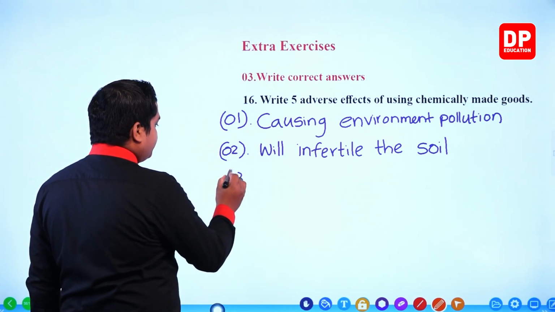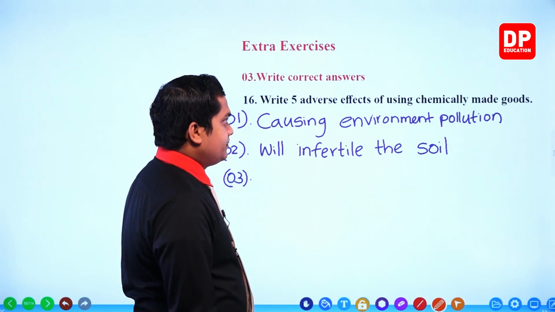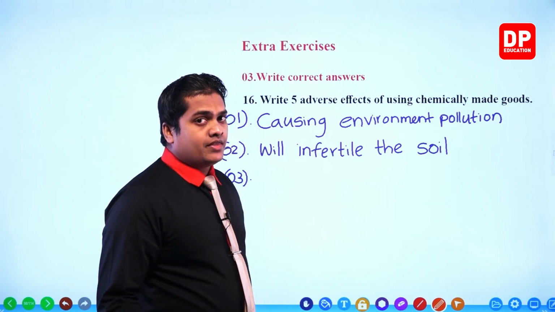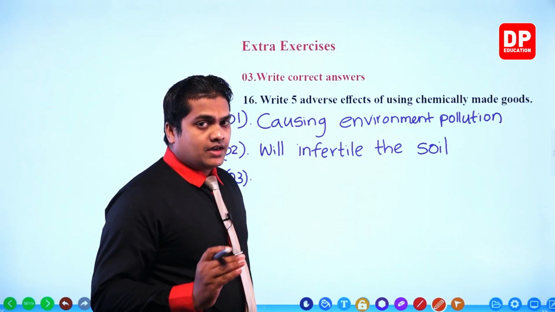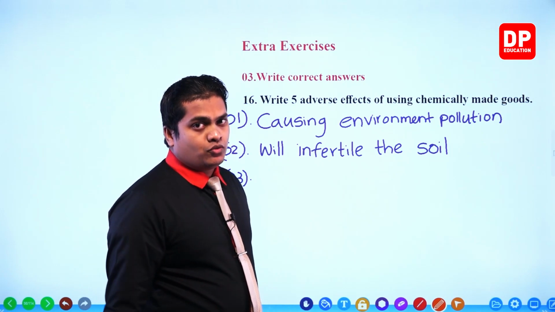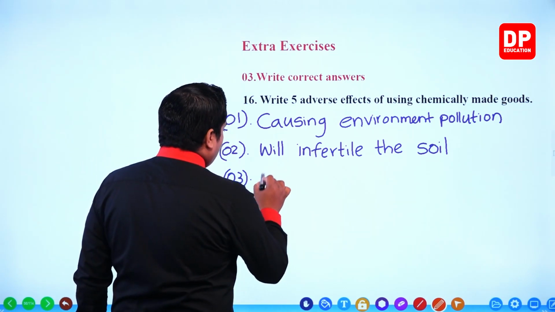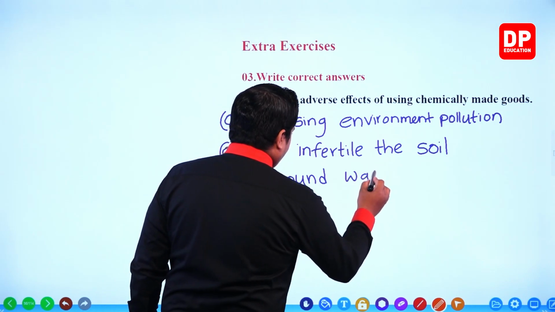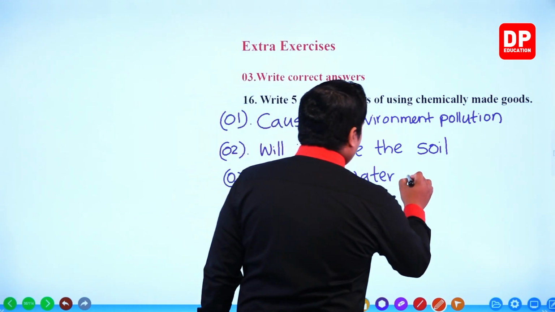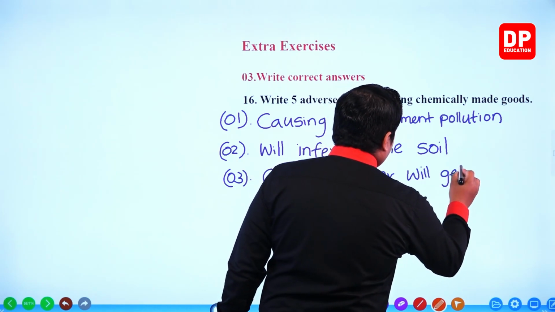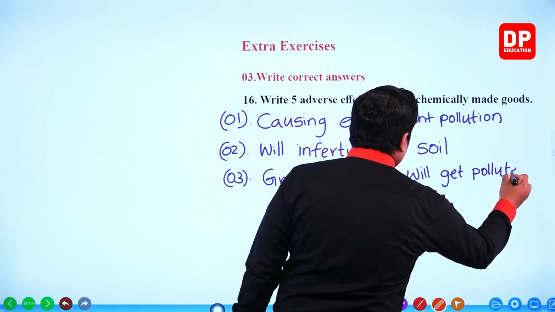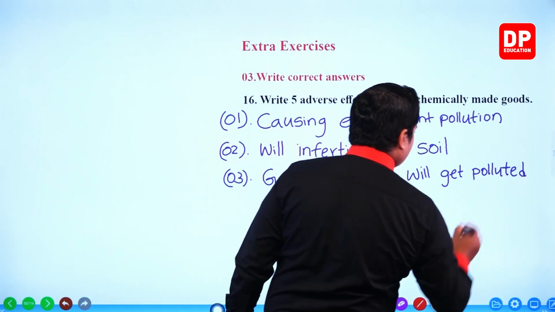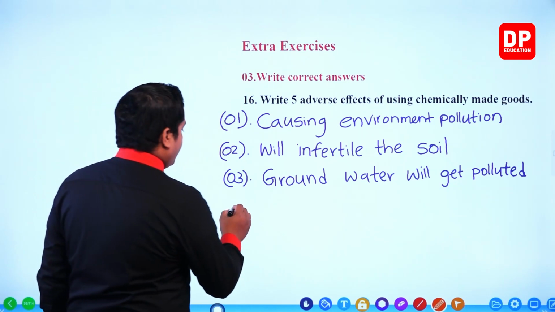Not only that, my dear children, when using these chemicals, definitely when they are being added to the external environment, the heavy metals contained within these things will get collected in water sources and the groundwater will get polluted. So next one, groundwater will get polluted. Number 4,